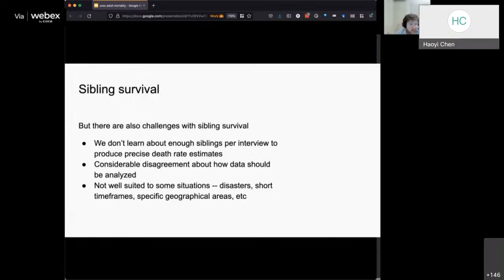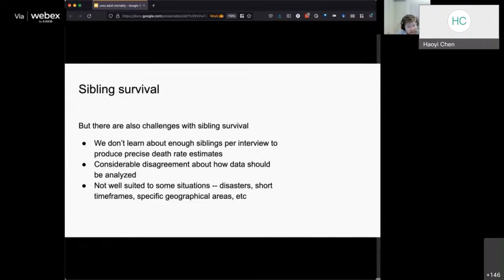Just to name a few of them: one is that in many surveys, many DHS surveys, for example, we don't learn about enough siblings per interview to produce very precise death rate estimates. So it's a challenge to estimate deaths by age group for a single year, for example, from many DHS samples. There's also been a lot of interesting methodological disagreement about how sibling data should be analyzed. And then